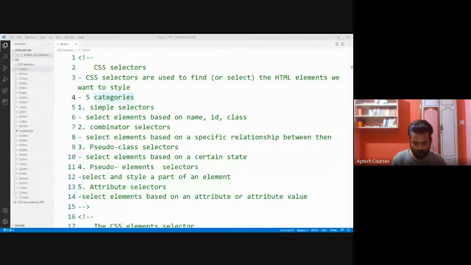Without CSS, it won't be that convenient visually. So for styling purposes, we'll be using CSS, cascading style sheet. CSS is the language we use for styling HTML documents. Now CSS describes how an HTML element should be displayed on a web page. Basics we will see.